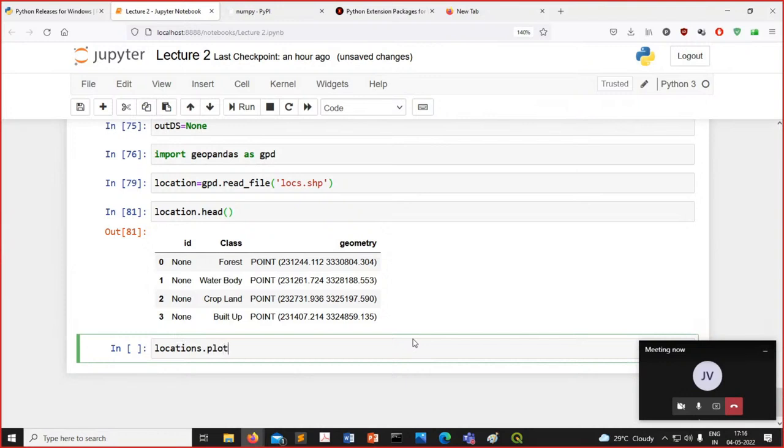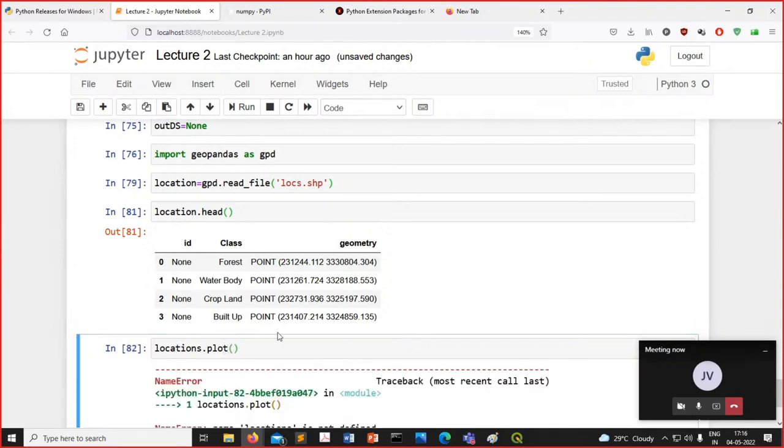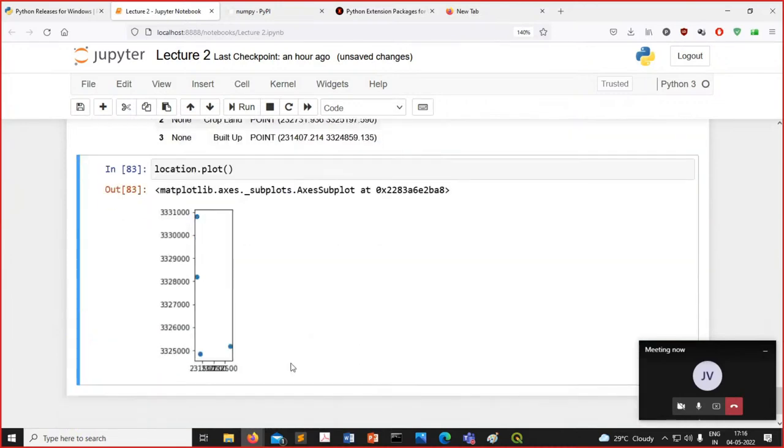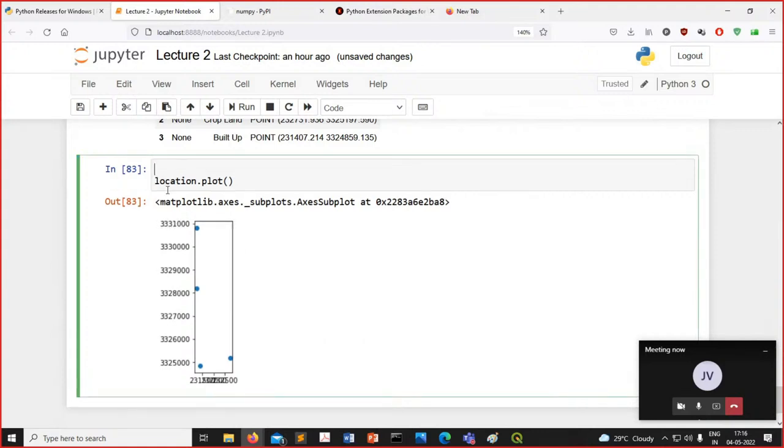Now plotting. Name of the table is locations. So if you write here locations dot plot, it will plot it. If you feel the size is smaller, you can adjust the size. ax1 dot subplot, figure size equal to,